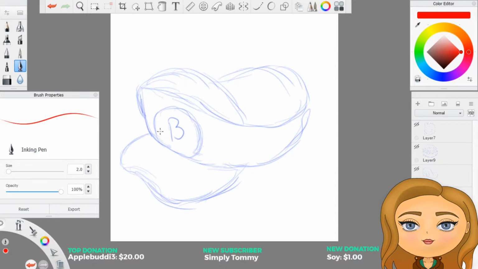Yeah, sure, why not? I'll use my inking pen and then regret that decision. No, I won't. I really, really won't. I don't know where to start now. Where do you start a line?